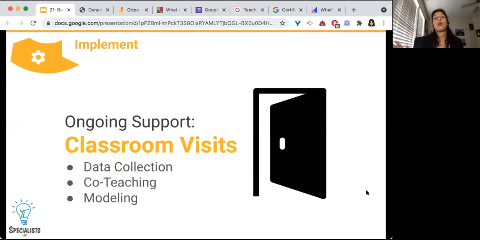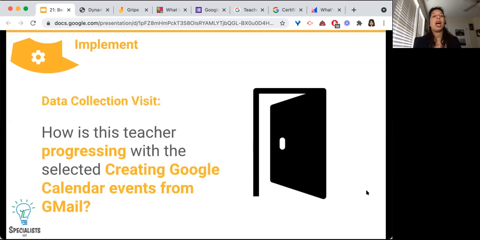Step 2 is ongoing support. Now, this could look like classroom visits, or it could be data collection, coaching, teaching, modeling. It might be as simple as training the teacher on how to do something, like how to analyze data that's given to them from a math test, for example, okay?